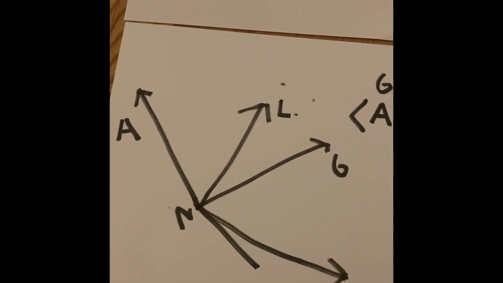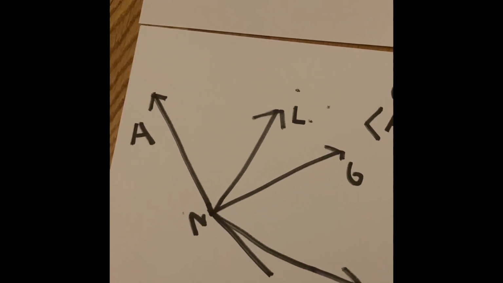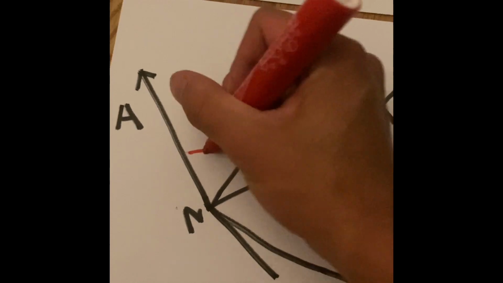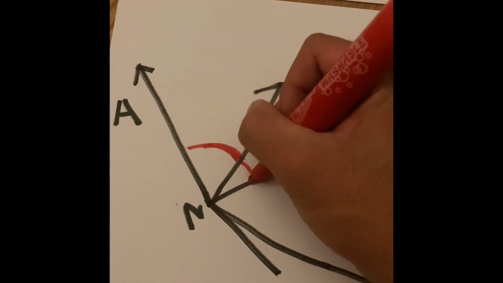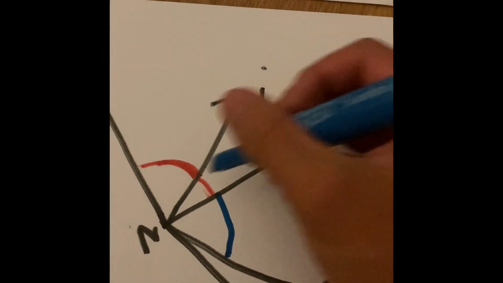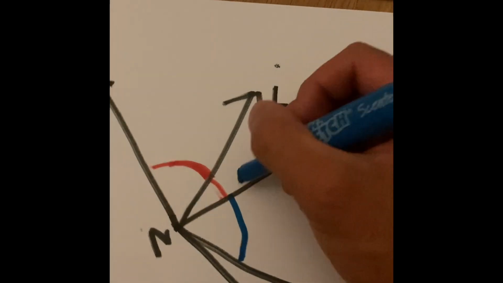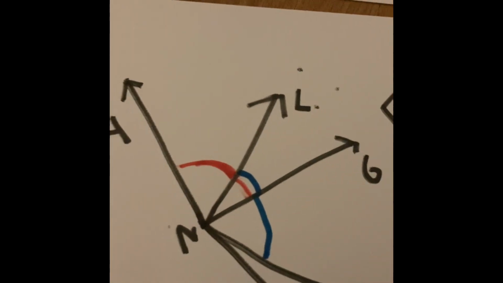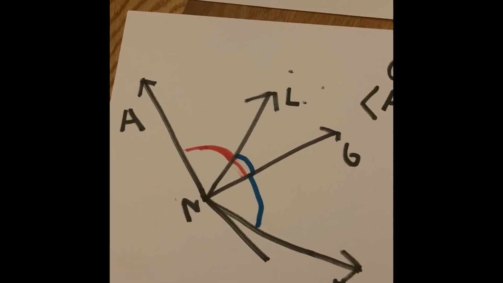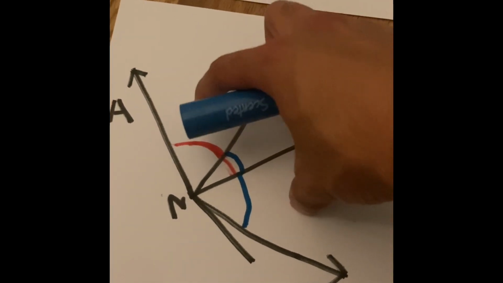We're saying that AL can be an angle added up with LG. We can also say for LE that GE can be an angle along with LG. So if we're subtracting that and these two are congruent, we can say